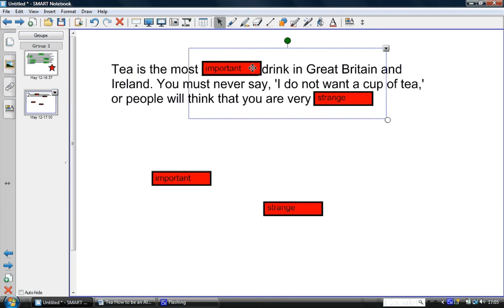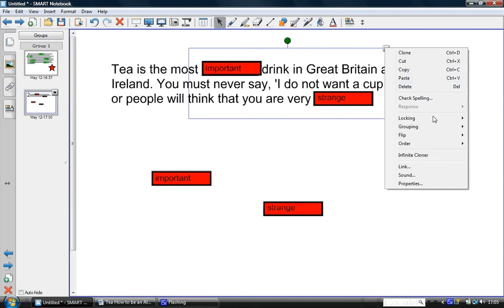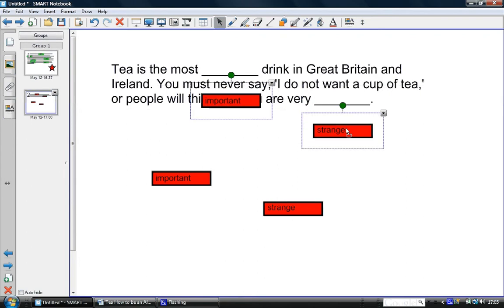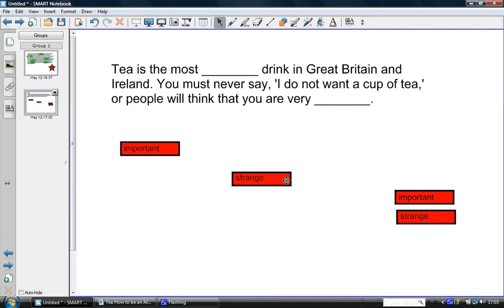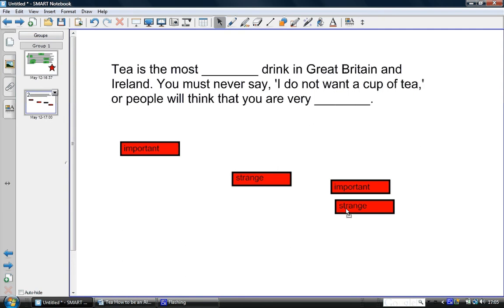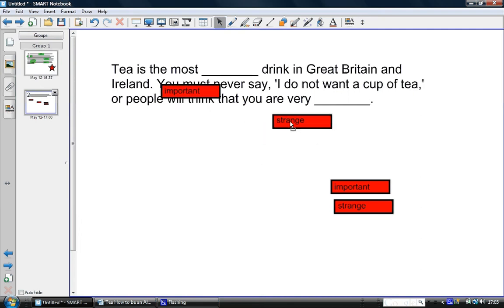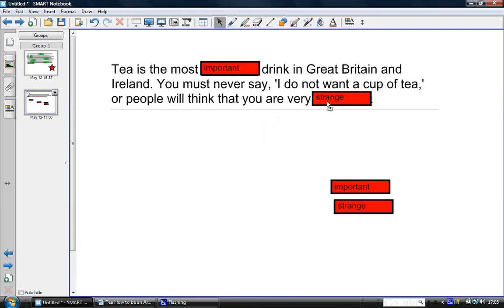So these two items no longer need to be grouped because the learners are going to drag them on and off the page. So ungroup these and store them somewhere that the learners can find and drag into the spaces as they decide on their answers. Now, returning to the master, the layer that the learners will drag over to check their answers, drag this back into position,